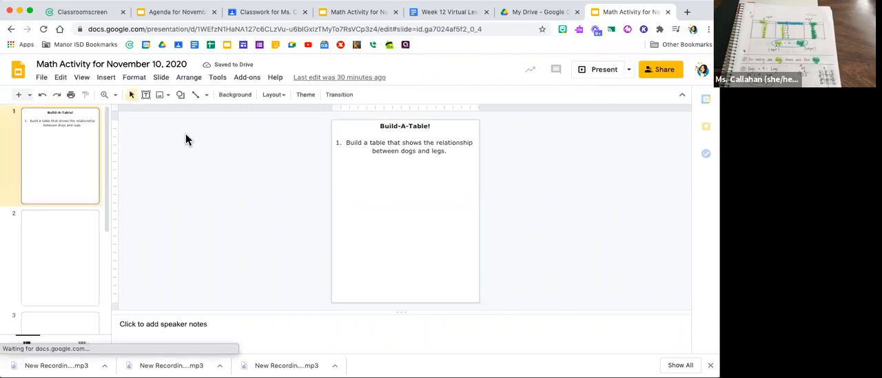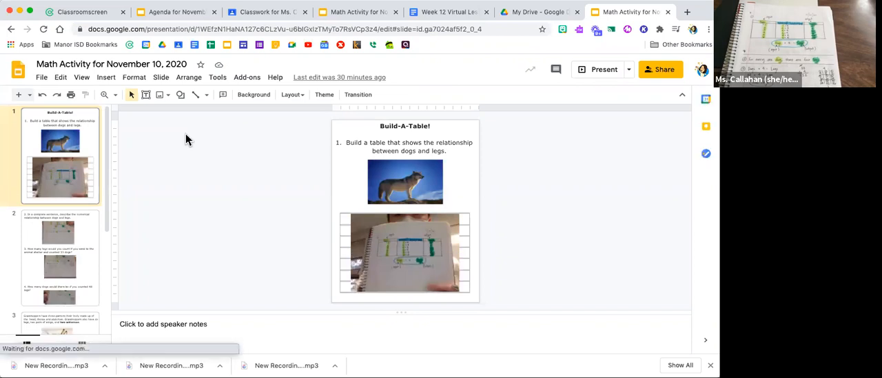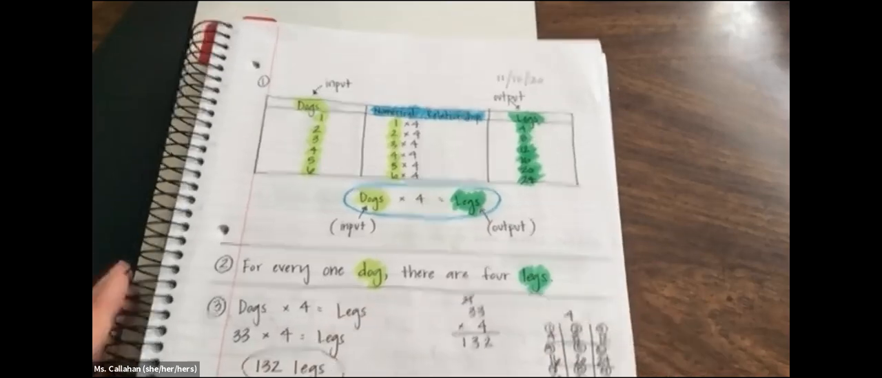Okay, so this was our math activity from Tuesday before we left, before we had our day off. And we were talking about our relationship between dogs and legs, right? So we built a table. Here, I'm going to stop sharing. Okay,